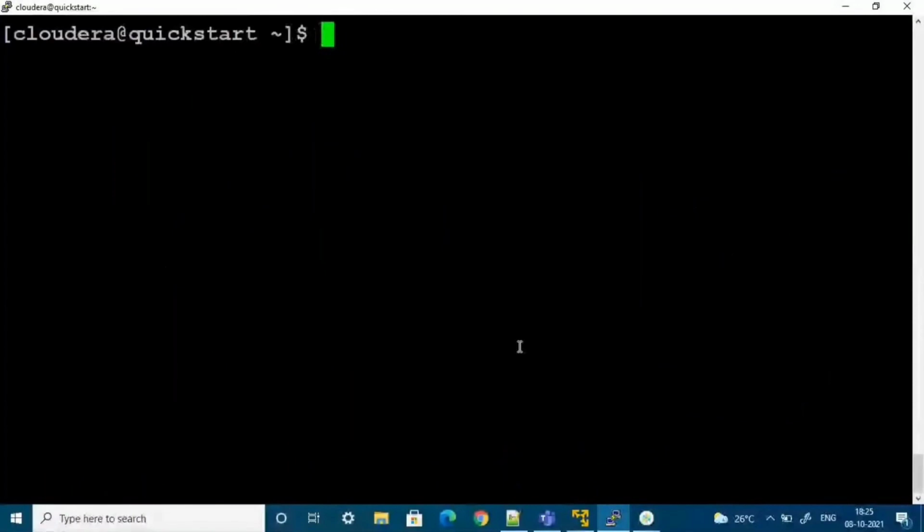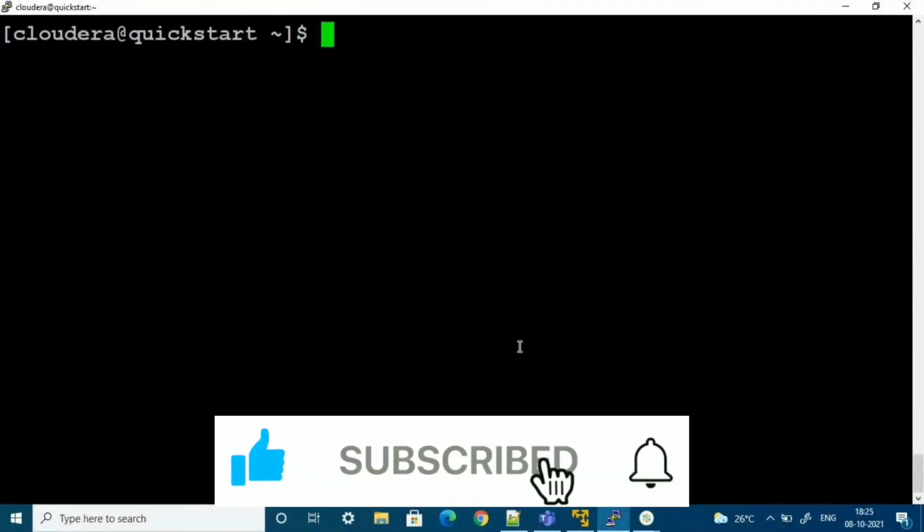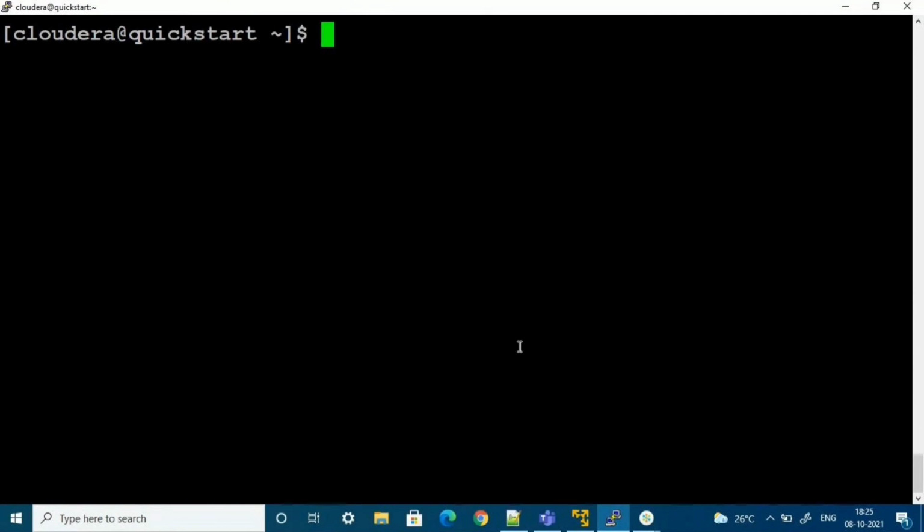I want to check whether the server is in safe mode or not. Okay, when we discussed Hadoop architecture, at that time I explained about safe mode, right? So how to check which mode the server is in? For that, hadoop dfsadmin hyphen safemode get.